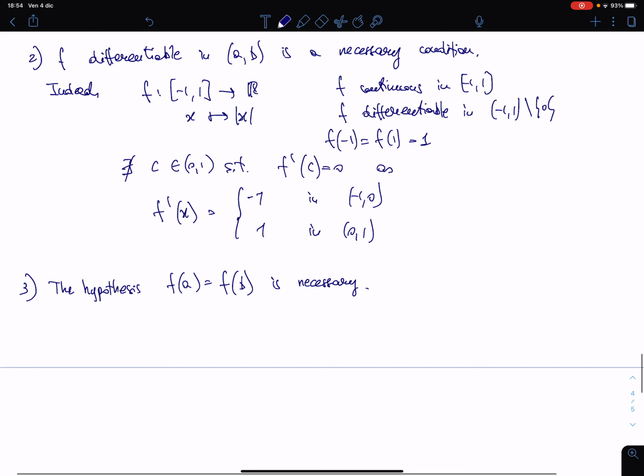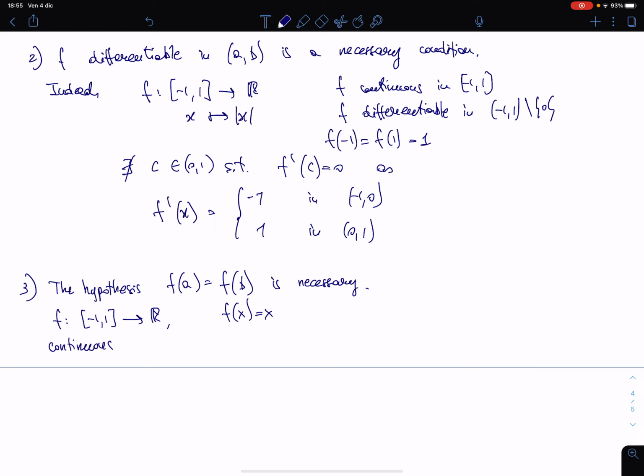And again, let me give you the example. Here we have f from minus 1, 1 to R, f of x is equal to x. This is continuous in minus 1, 1, differentiable in minus 1, 1 open,